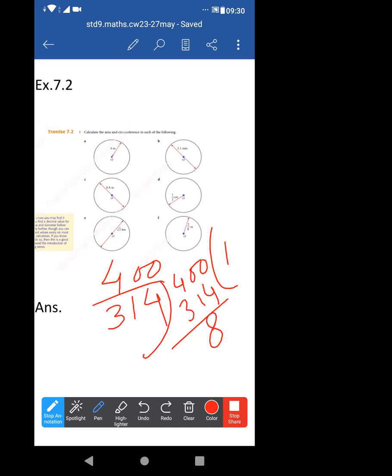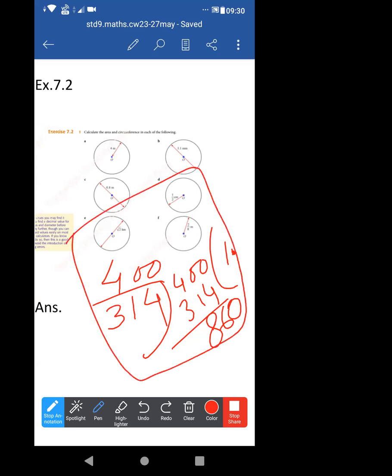Then it will be 86. Now we have to take the point. You told me 12.56, but it will be 1 point something, na? Because we have to take the point and we have to put a 0. Yes or no? I need to explain how to divide this type of sum. No, ma'am, already from class 5 we were doing.